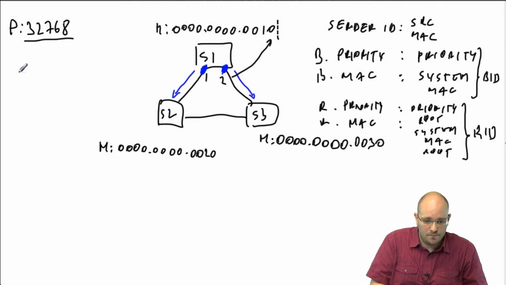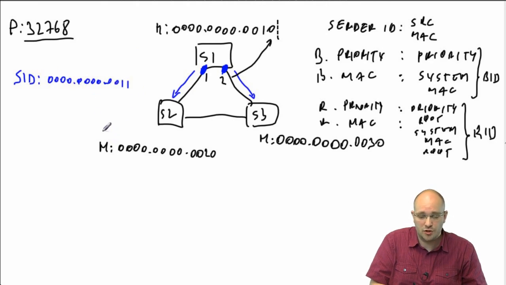So let's take a look at which values are going to be transmitted by switch 1 to switch 2. The sender ID, let's call it SID, is going to be the MAC address of the port number 1. So this is going to be all zeros, followed by 0011. We are going to have the bridge ID, and this is going to be our priority, 32,768, followed by our MAC address,